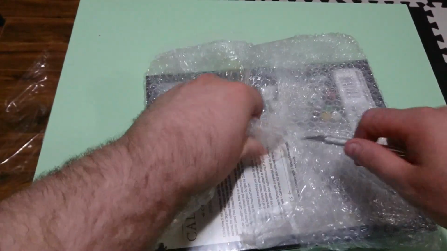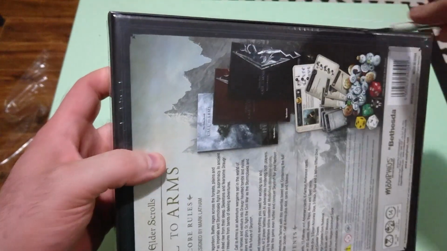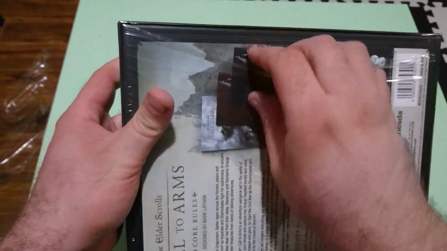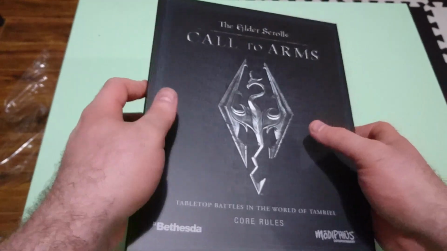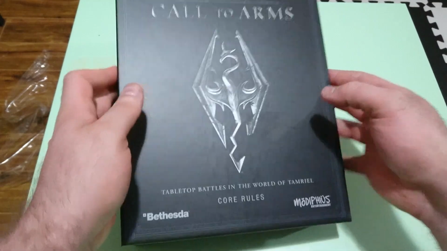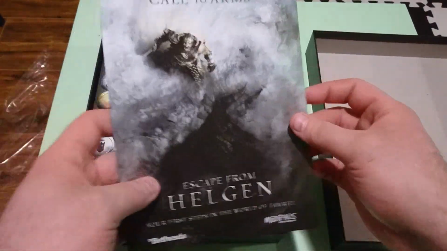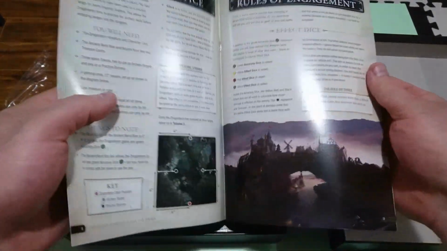And last but not least, we'll look at the actual starter box itself here. Sorry, this is my first unboxing video, so I apologize for both the cat and not being able to keep everything perfectly in frame as we go, so bear with me. So we have Escape from Helgen, which I've already looked at the PDF for, and this is a beginner